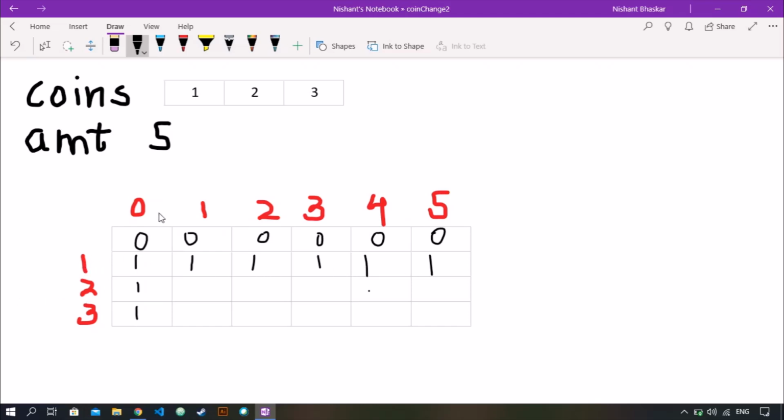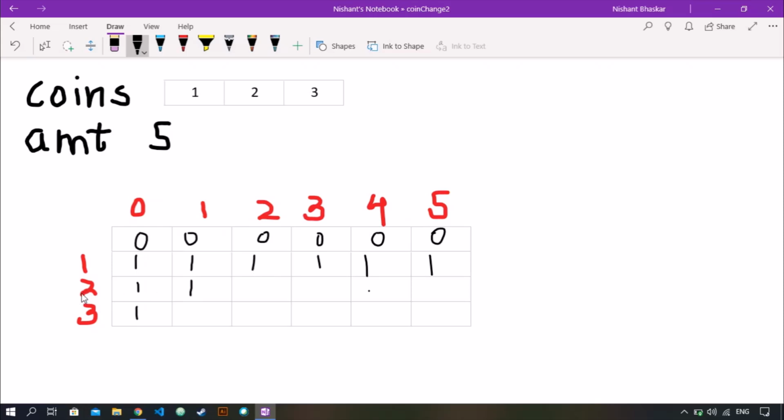Okay, for the next row, now we have 2 coins of denominations 1 and 2, and we have to make a total of 1. So we can do that only by selecting 1. Okay, so we do this. And for 2, since they are both the same, when we have only 1 we can make 2 in only a single way, that is 1 plus 1.